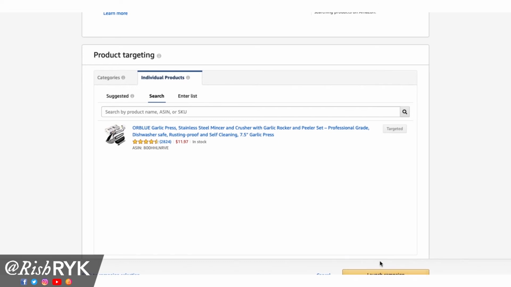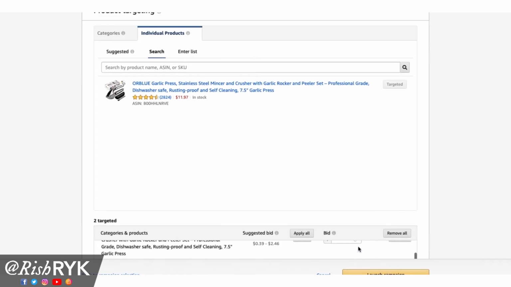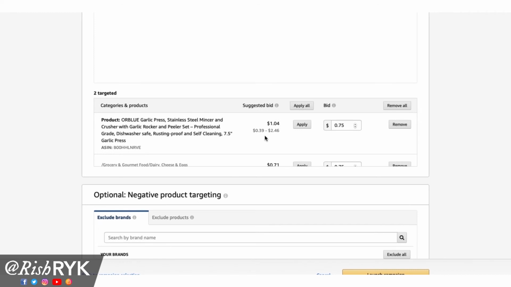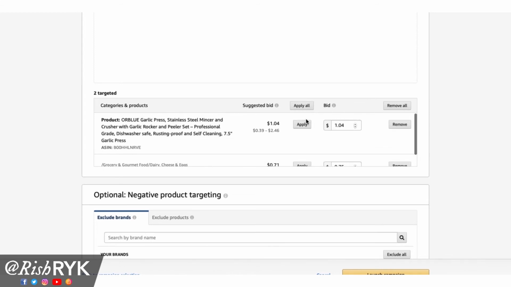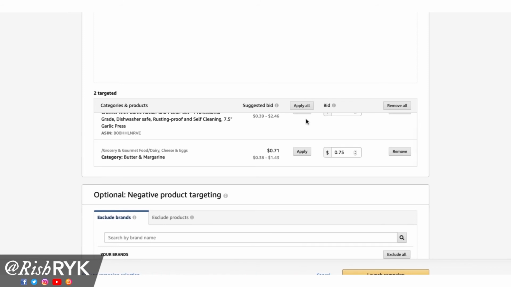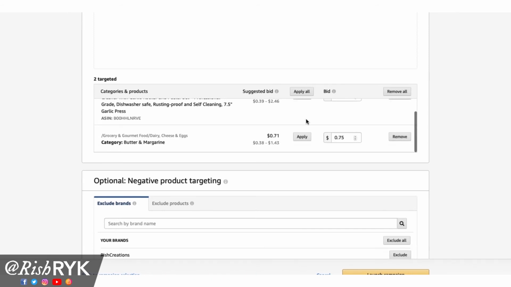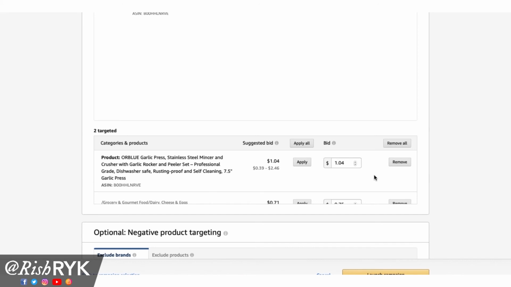All right, so once you're all set, all you have to do is come down over here. Amazon is going to suggest a bid for that particular product if you want to show your ad on that product, and of course you should start with the suggested bid. Otherwise you won't be able to judge whether you're getting too many impressions or too few impressions. That's the same as picking bids for your keywords. Nothing new over here. Alright guys, so that is it. Now all you gotta do is hit launch campaign, and your campaign will be active, and you would be grabbing those sales off of your competition.